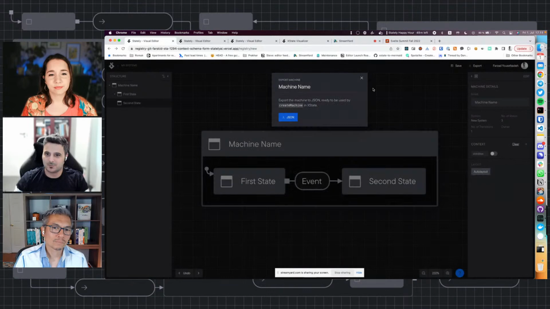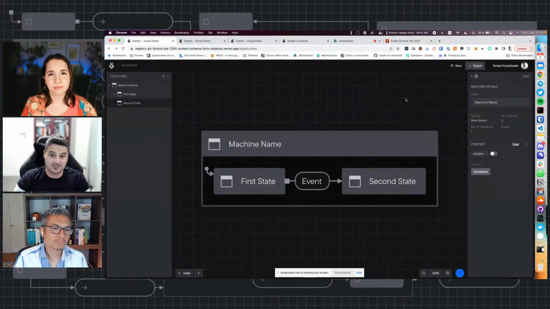Maybe we should also be able to provide some sort of validation later on, maybe even give you a way to put some special constraints. Let's say that you want a context value to be of type integer, or just a natural number in a particular range, for example. And we should be able to provide all sorts of constraints for you there. We should be able to give you more detailed views of putting these constraints on the values. Basically, sky's the limit here.